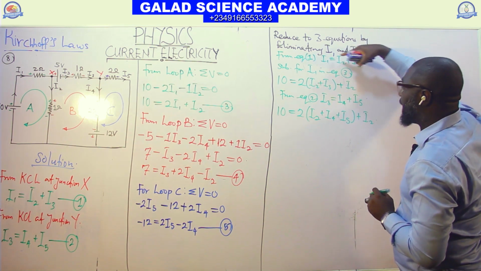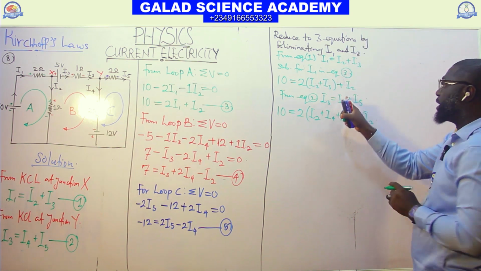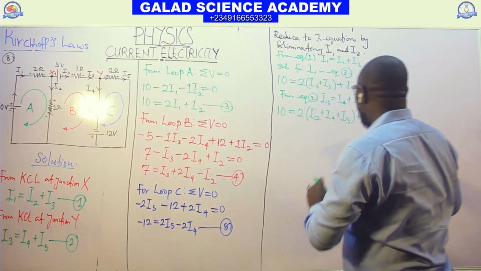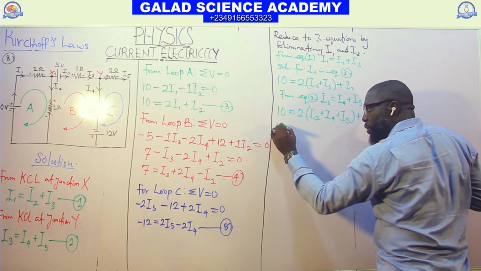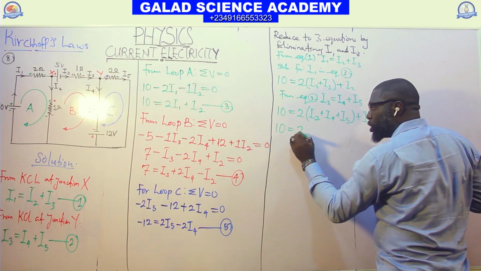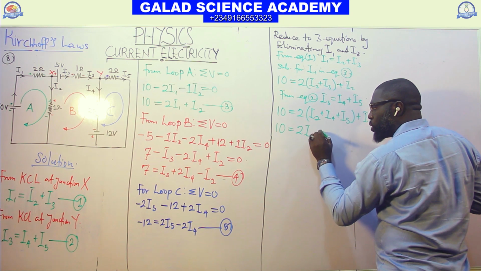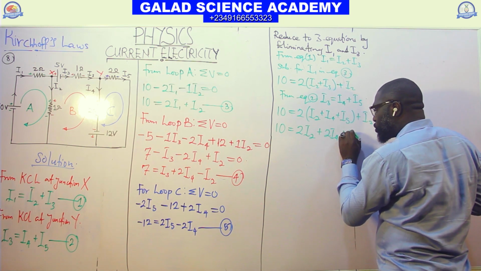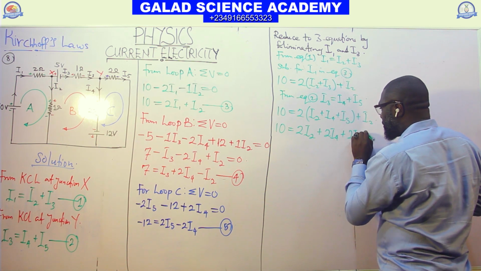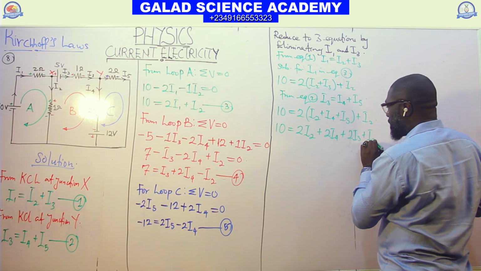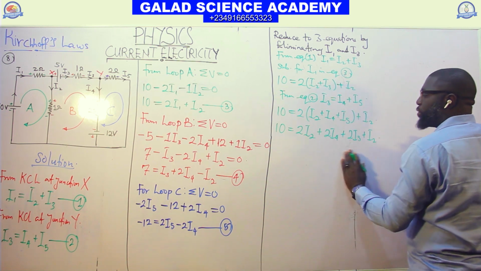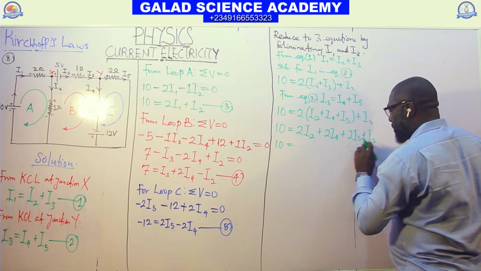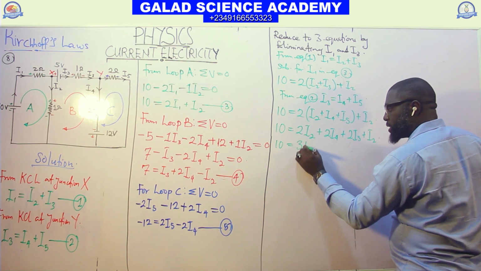No, we want to eliminate I3 and I1. That's why I replace this I3 by equation 5. So by putting it there, we have 10 should be 2I2 plus 2I4 plus 2I5 plus I2. If we add everything together, we have 10 should be 3I2